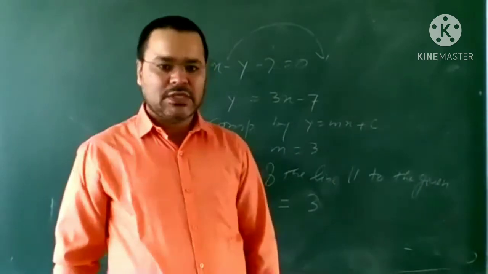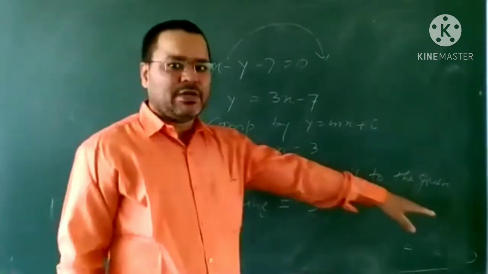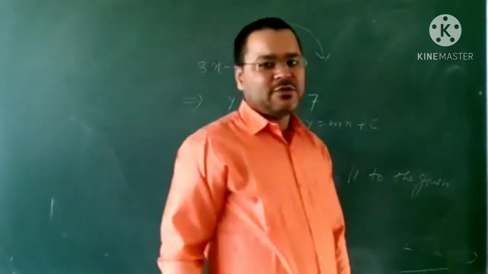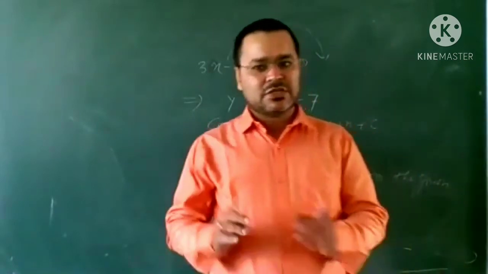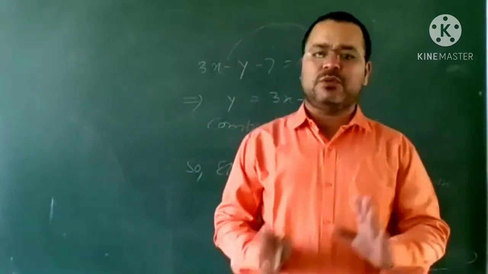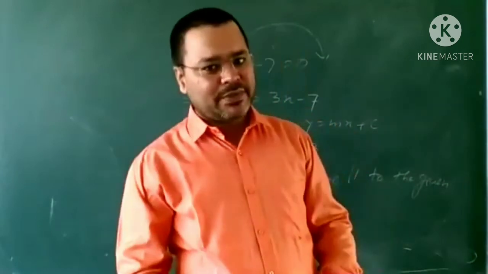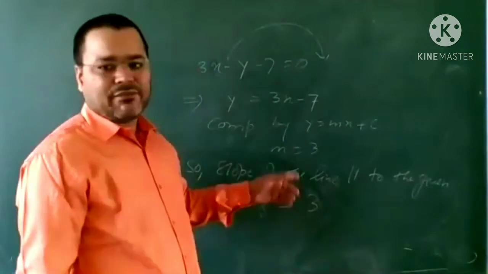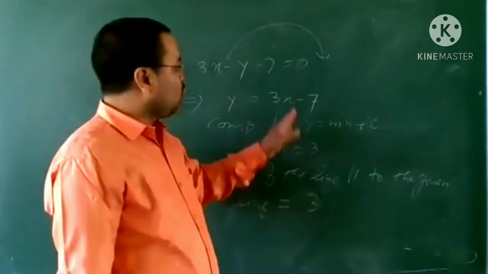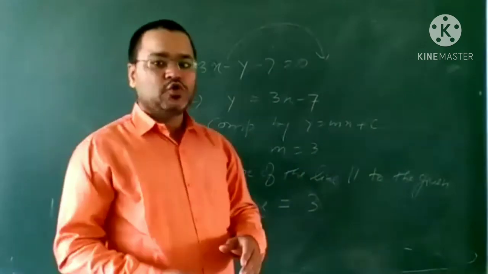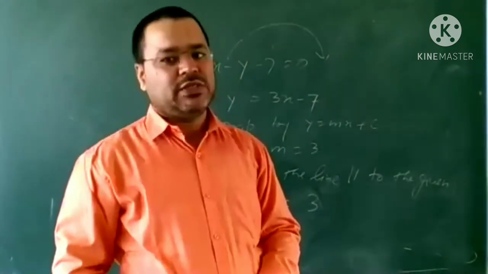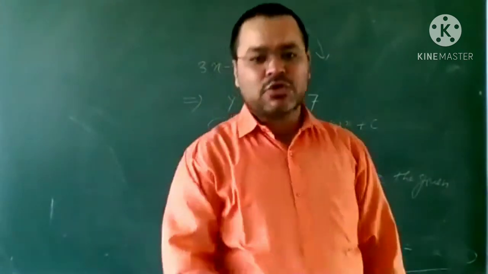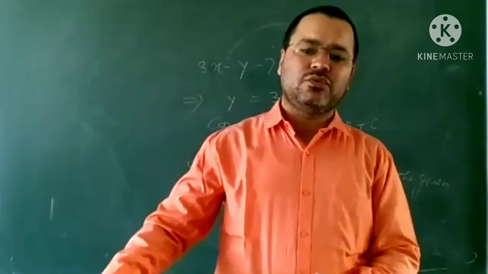Very simple. Slope of the line parallel to the given line is what? 3. Why? What is the reason? Because if two lines are parallel, their slopes will be equal. Their slopes will be the same. Means if slope will be the same, then inclination will be the same. So in this way, we can find the slope of a line whose parallel line is given. With the help of that, we can find. Some more things will be added and we prepare a new type of question.